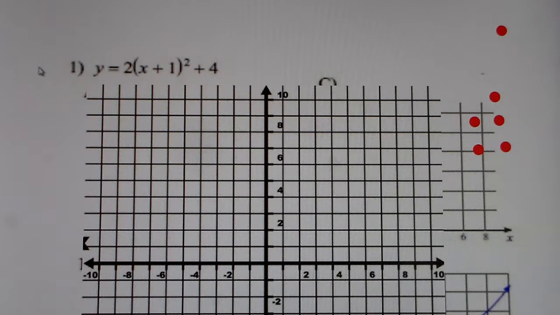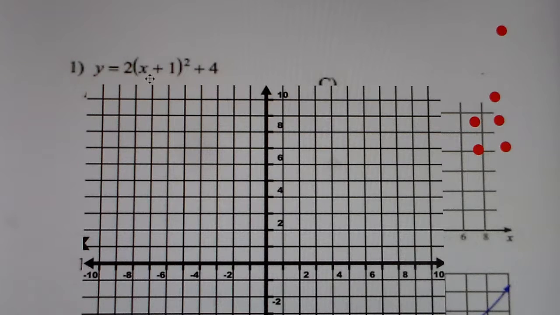This equation is a quadratic equation because of the little squared, which makes it quadratic. And it's in vertex form. Vertex form is when you have this little set of parentheses here, and you have the x plus or minus a number inside the squared notation. That's vertex form. Now, to find the vertex in vertex form, all you got to do is take the opposite